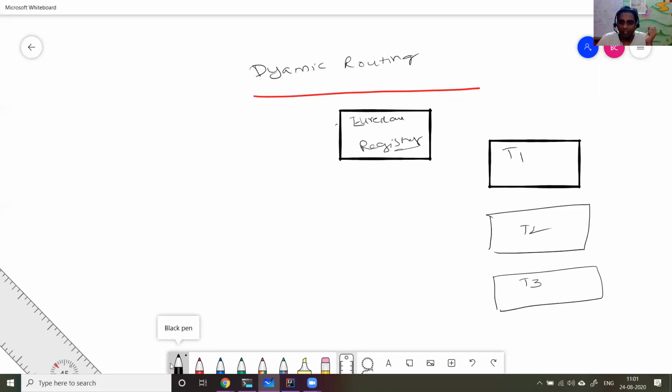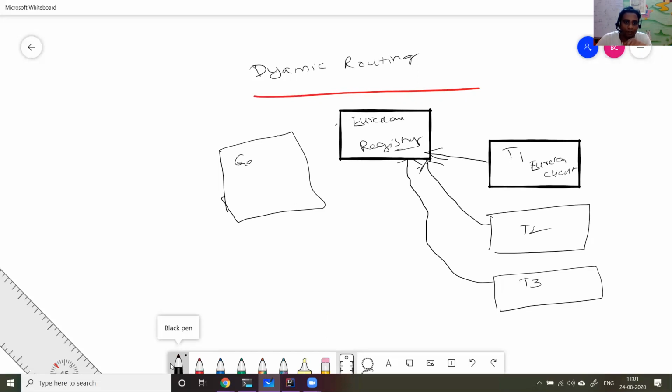So these Tomcats are coming up and you have a Eureka client. These Tomcats will come up and say that they are healthy. So every time, the Tomcats register themselves to the registry and update their states. So we need one registry, we need one client, that is a Eureka client. And we need, as usual, a gateway, and we need a Ribbon client as well, the same Ribbon client which we use.